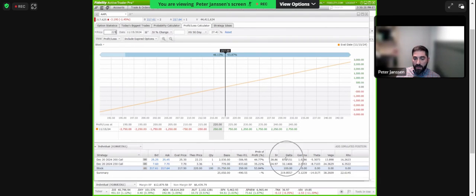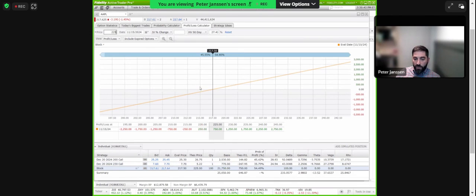Well, your in the money contracts now have that higher delta. Those out of the money contracts have that lower delta. So if you were to get a move back, you'll actually see that the in the money contracts are perhaps at a bit of a theoretical profit, whereas you've gained back some of your losses from the out of the money, but it's not quite as much of a clip as you would have at the onset of the trade, just given how much time to expiration has already passed. So do keep that in mind.